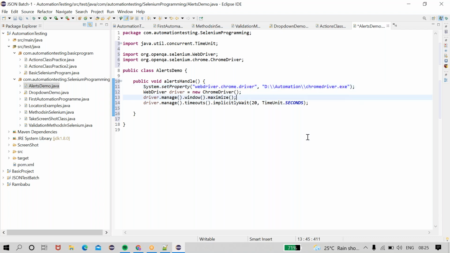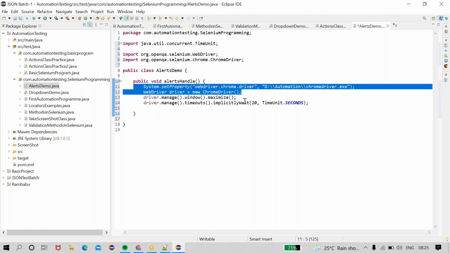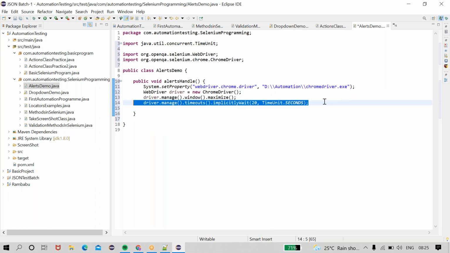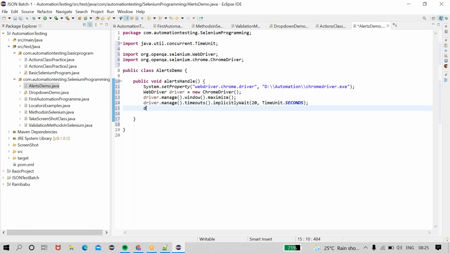Okay, the interviewer will ask this type of question: how to initialize WebDriver, how to maximize the screen, how to apply implicit wait. You need to be ready to write code for those things. Then only will you be able to crack the interview. How to launch a page: driver dot